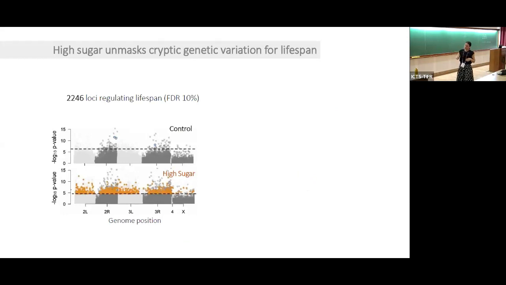So just a quick summary of the results. At the end, our main conclusion is that high sugar unmasks cryptic genetic variation for lifespan. And you're probably going to see this again and again and again in this course. This is a Manhattan plot for our association. This is the p-value and the location in the chromosome for every single SNP that we tested. Everything above this line was significant. We used a permutation-derived approach, as Bruce was mentioning in his course, to derive these particular